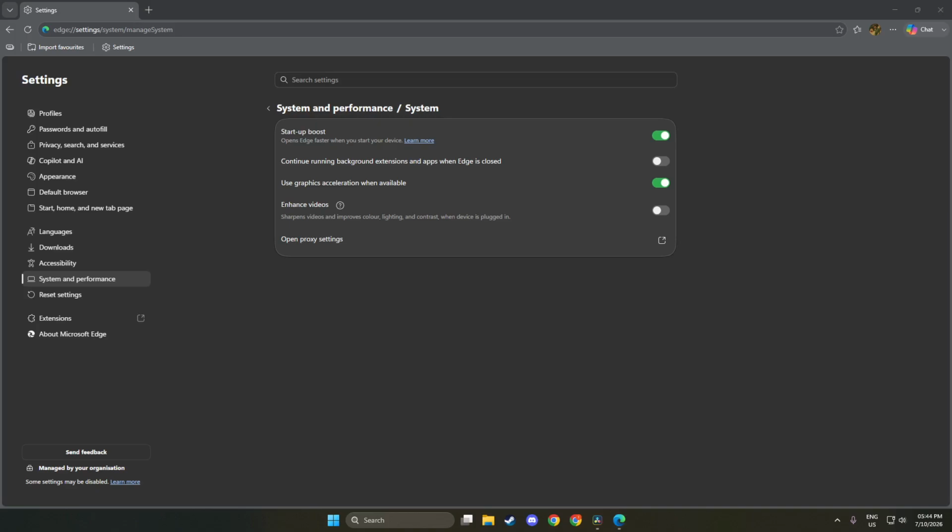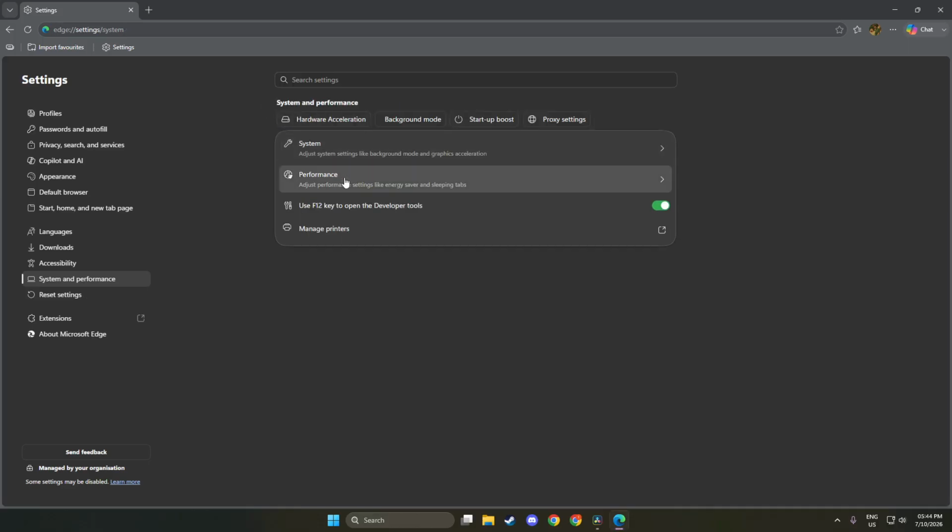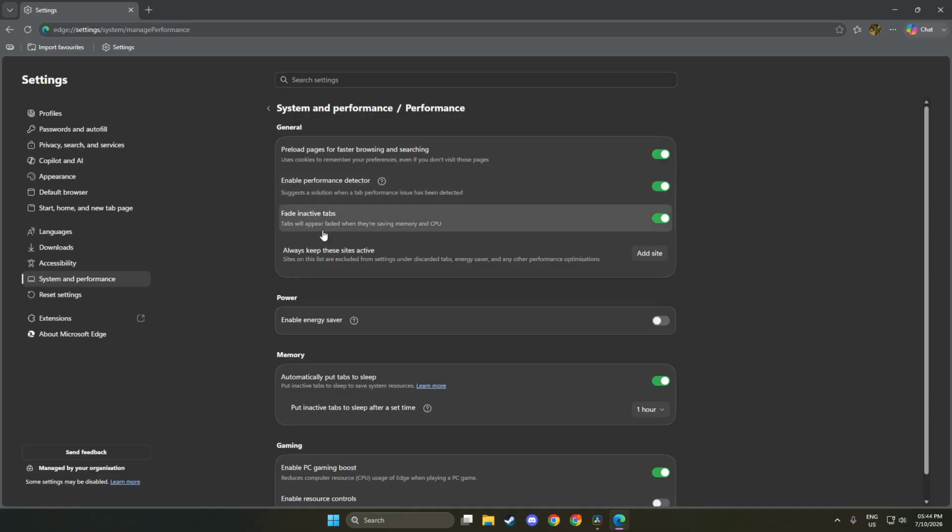When you do this, the switch should change from an active position to an inactive one, typically moving from blue to gray. This simple action ensures that no background processes will continue running after you close Edge. It's a quick change that can significantly improve your computer's overall performance. You might see a brief confirmation message or visual change indicating that the setting has been successfully updated.